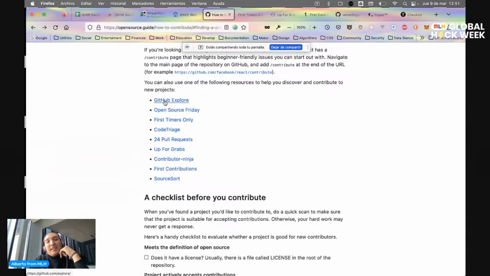For example, this will open your GitHub page, and based on the projects you're building, the projects you fork, and your repos, this will give you other repos that you can contribute to, that may be interesting for you. This is going to open mine, so this is not a matter.